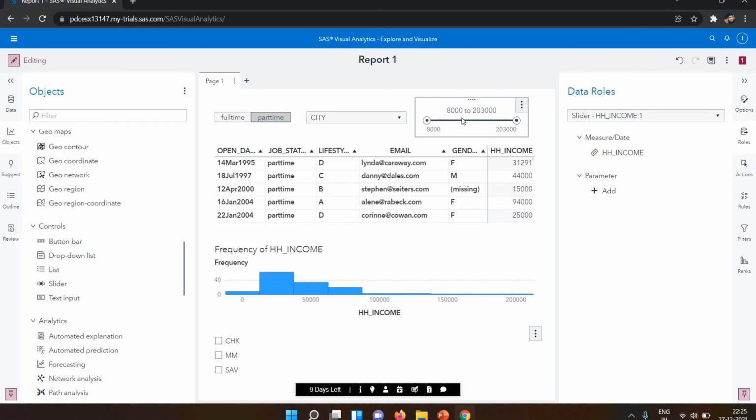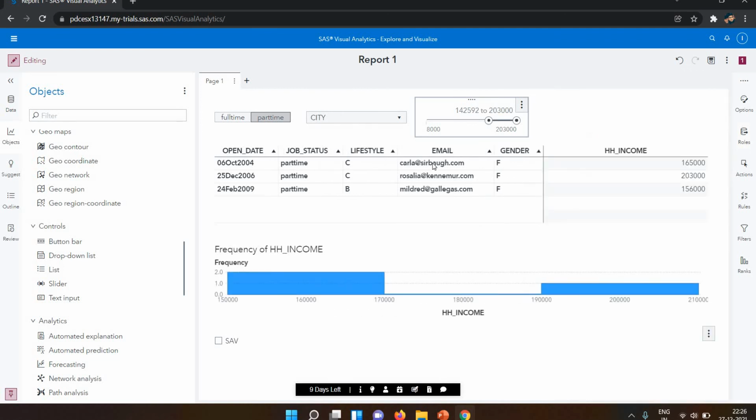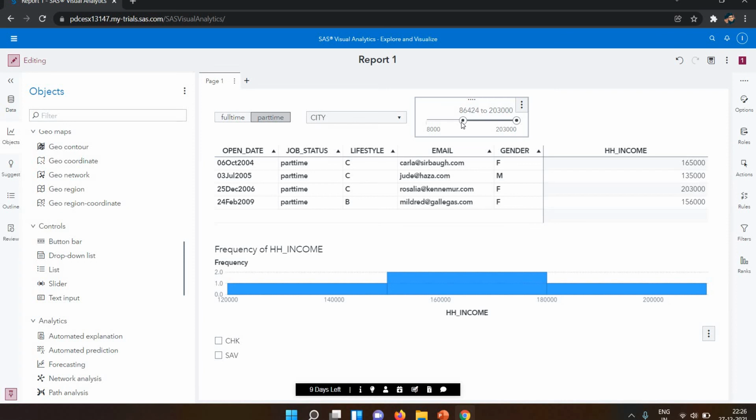So that is very easy to select particular customers that have the range of, let's suppose, 1 lakh 42,000 to 2 lakh 3,000. So this is a very useful slider.